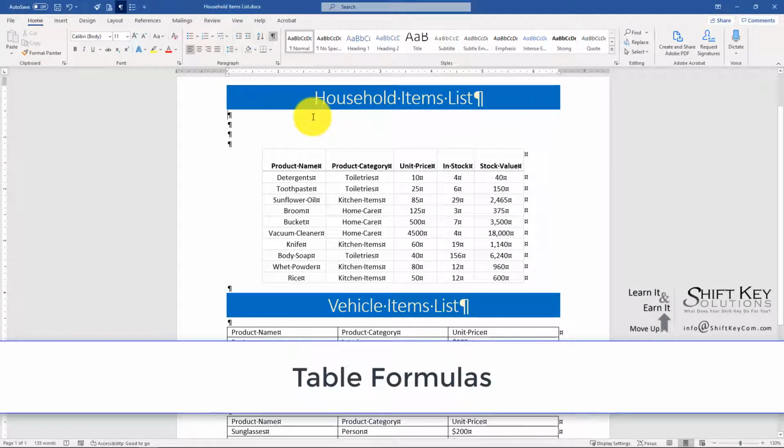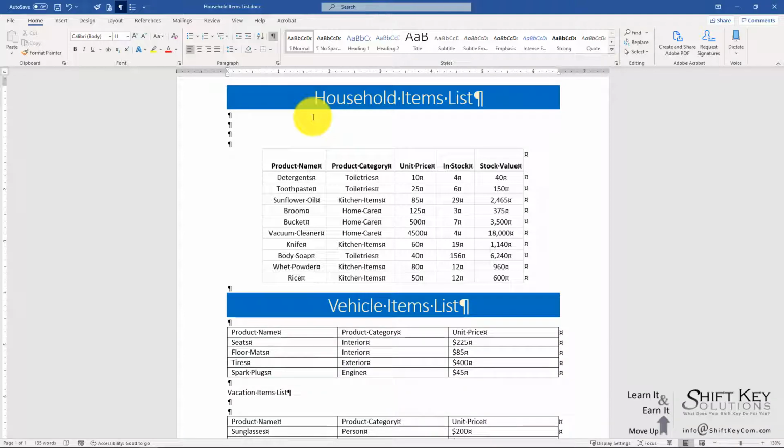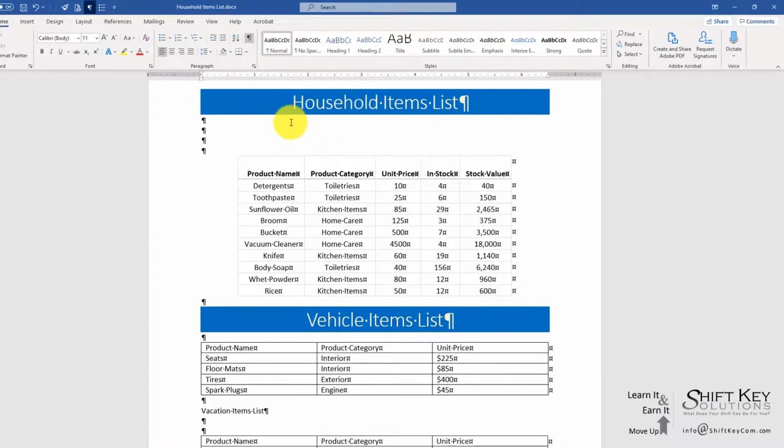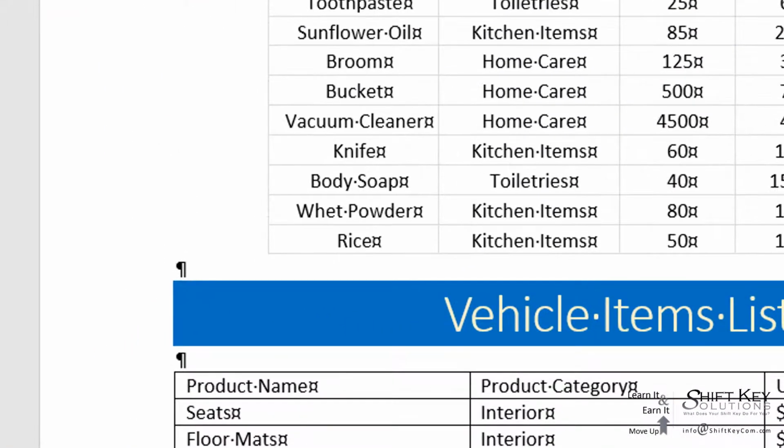Table formulas. In this exercise, we're going to look at creating a new row, and we're going to title the row as totals. And then we're going to put in two separate formulas that will auto-calculate our in-stock column and our stock values column. The way we're going to do that is we're going to move our cursor, hover it